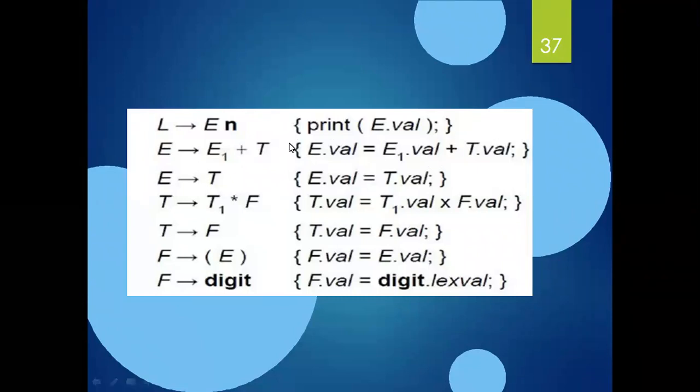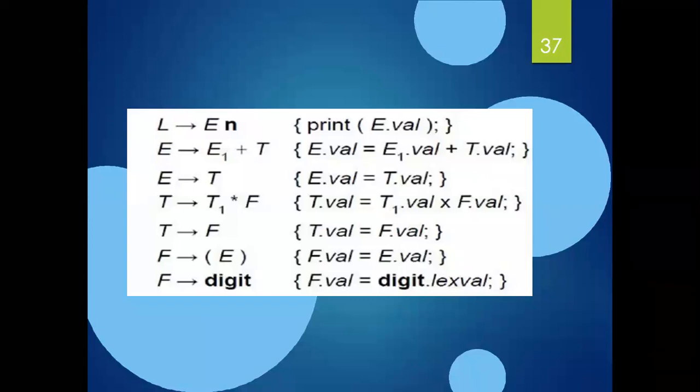Make a note of this. There are no brace representations. When we are writing the semantic actions for the synthesized and the inherited, we are not using braces there, and here we are using the braces. What it means is whatever action we perform is enclosed in braces when we are processing the translation schemes, right? I think you all understand now. And this process of execution of the code fragments of the semantic actions from the syntax directed definition is called syntax directed translation. That is, execution of the syntax directed definition.